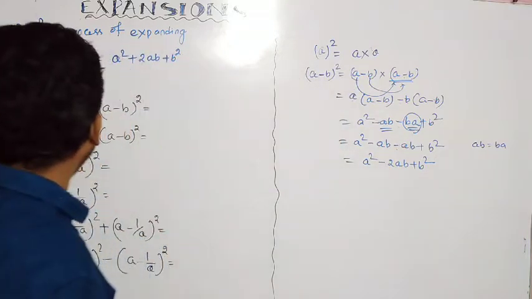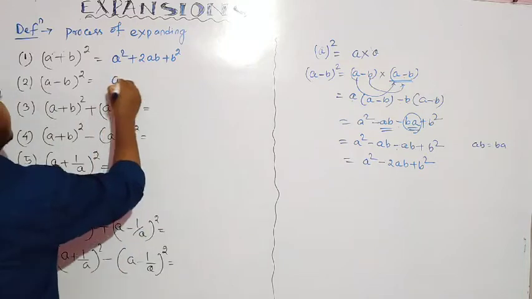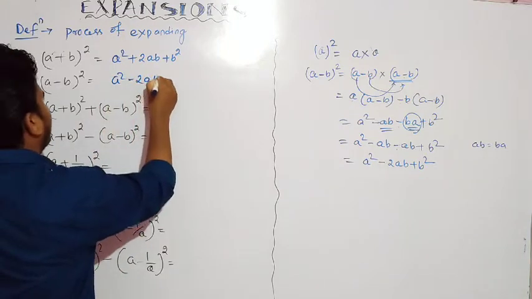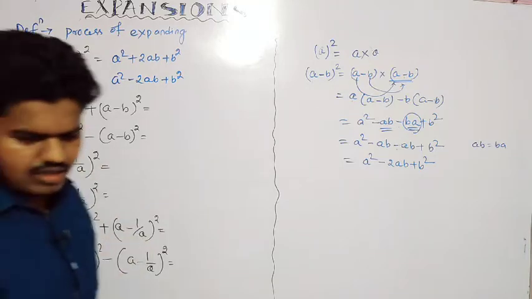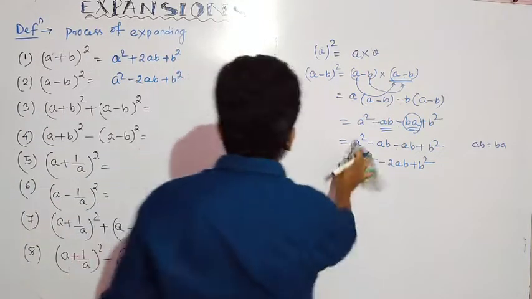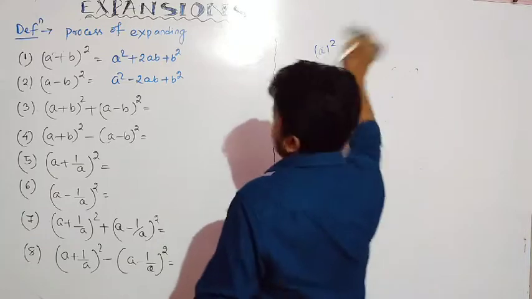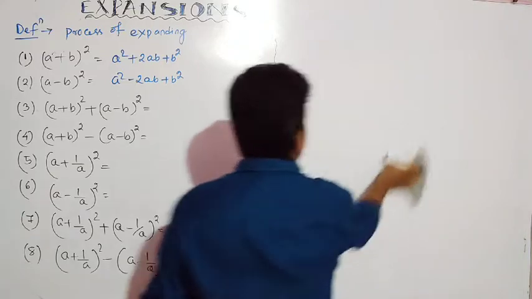So it is minus ab, and also minus ab, so minus 2ab. So what is the formula? a minus b whole square is a square minus 2ab plus b square. This will be written. Now we have the third one. What is the third one? a plus b whole square